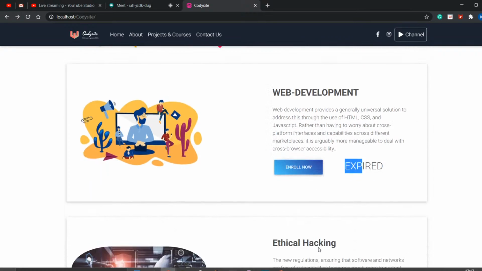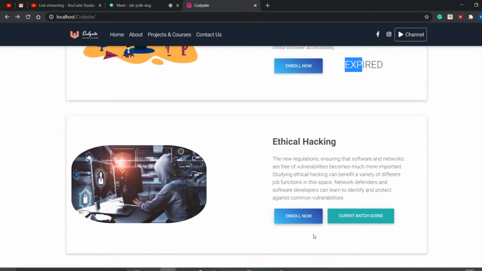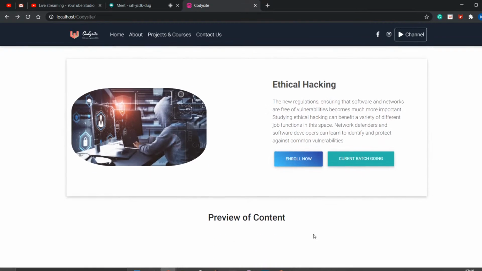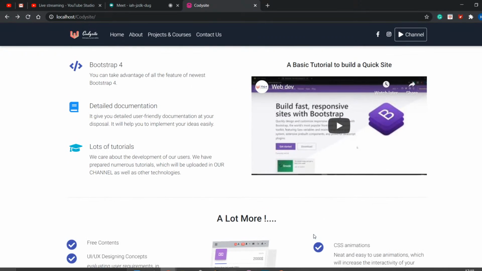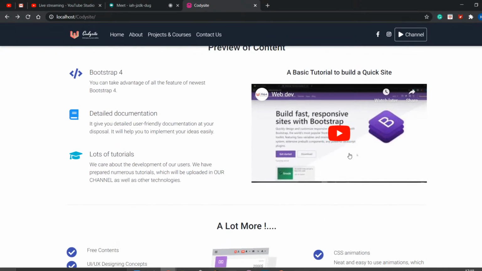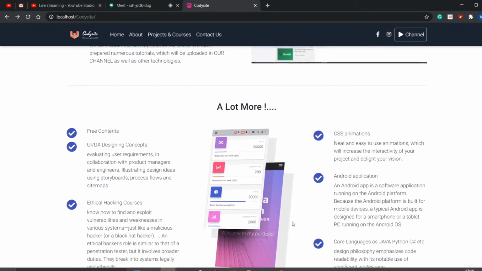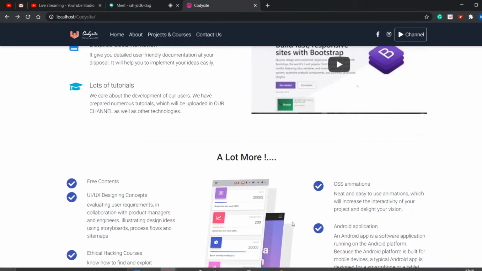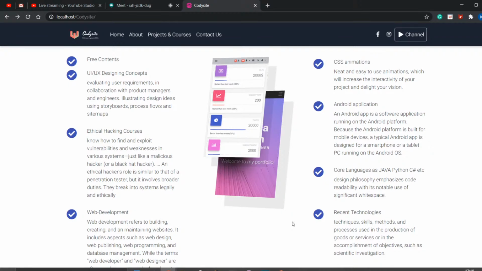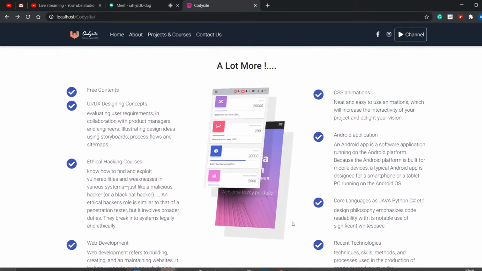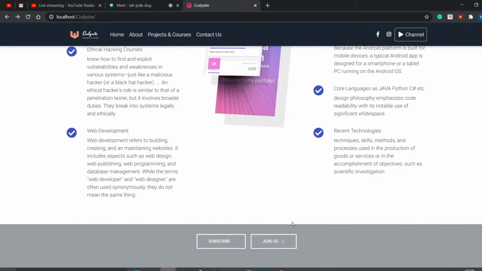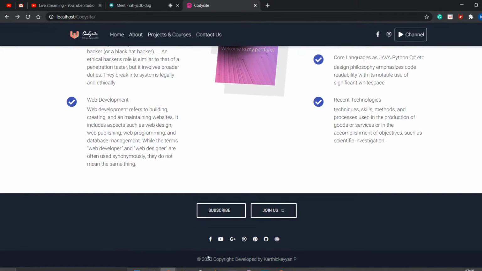Okay, and in June I was taking an ethical hacking batch, which was not going that well, and this is my content here. This is a basic website I built in just 30 minutes by using Bootstrap. Even I can build a page in 30 minutes. You can build a lot, man. And here are the recent technologies I'll be working on for you, and I'll make sure that it is properly conveyed to you guys. I also want to add copyright details.